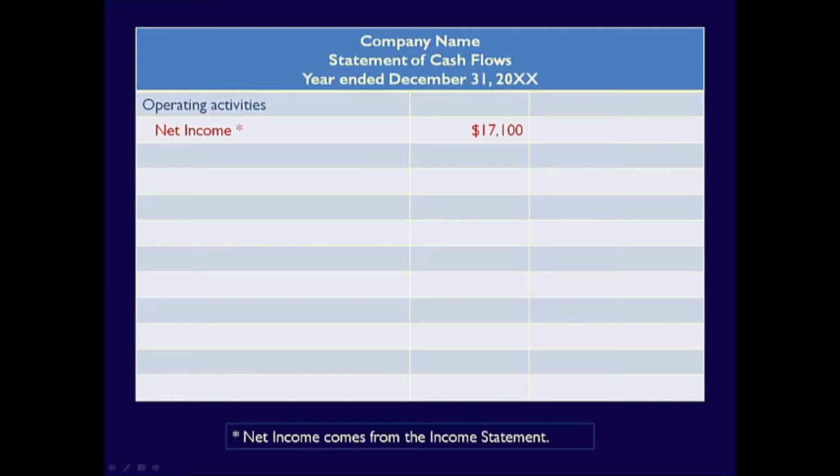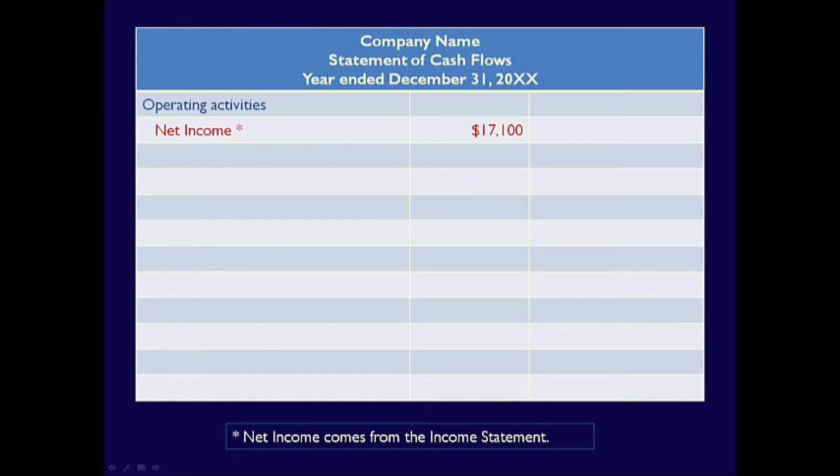As always, the statement starts with a heading, which must include the company name, the title of the financial statement, and the period of time covered. Note, similar to the income statement and the statement of retained earnings, this statement is for a period of time, most commonly 1 year. The statement opens with the heading for operating activities and then starts with net income from